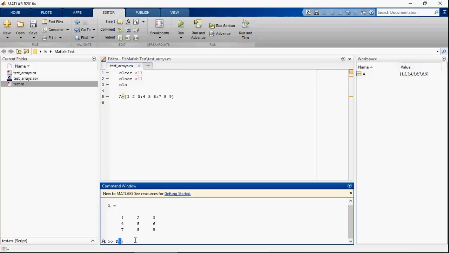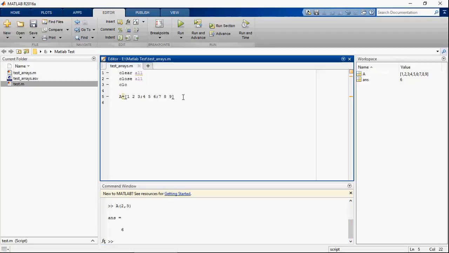Now element a_ij of the matrix can be accessed by the following: A(2,3) equal to 6. So the elements a_ij of the matrix can be accessed by A within bracket i comma j.